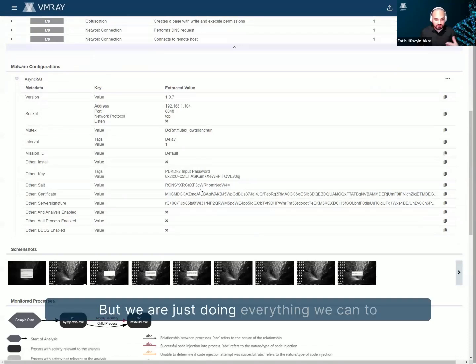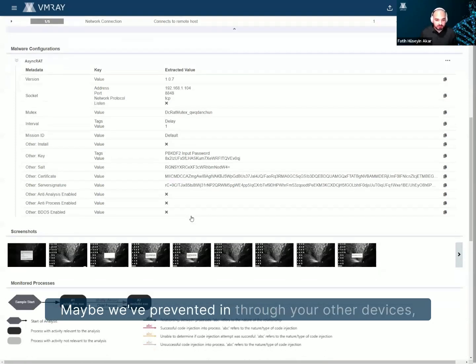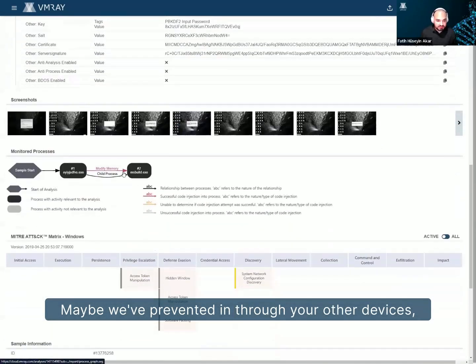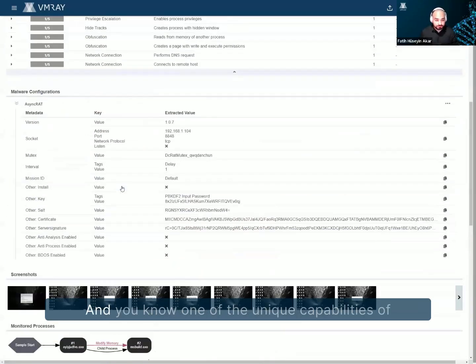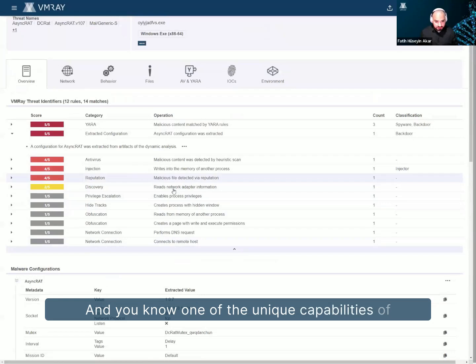But we are just doing everything we can to enable you on every front to detect this malware, maybe even prevent it through your other devices. Same thing in the monitoring process. We see a single process and then it just creates another process and it just tries to inject to it, right? And one of the unique capabilities of